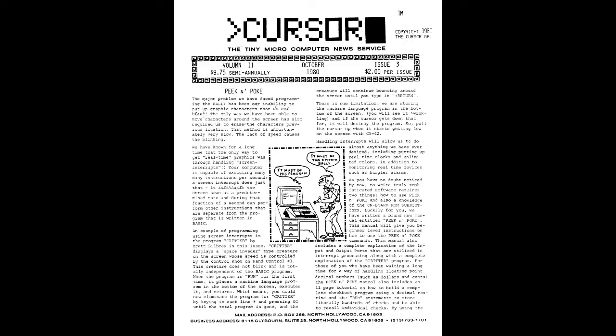This program first appeared in the October 1980 issue of Cursor on pages 66 through 67. It was also mentioned in the editorial about the Peek and Poke manual on the first page, page 65 of the Cursor newsletter. In this BASIC version of the Critter program, you can see the listing takes up a good